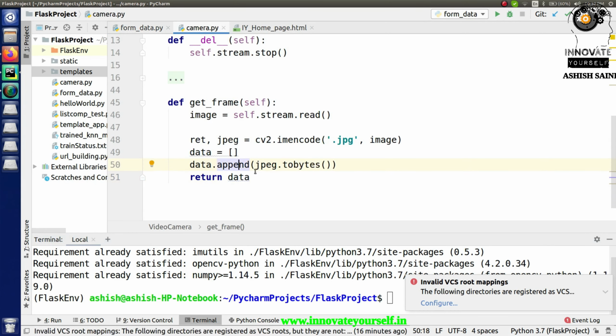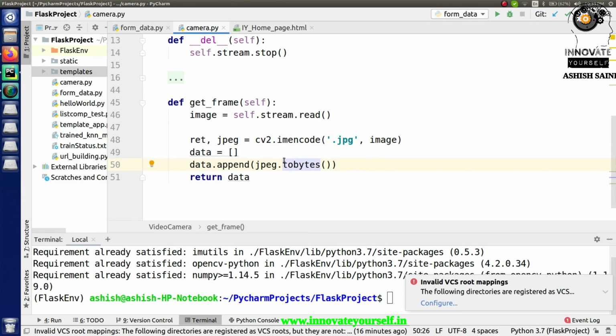So in here I'm just using this, and I'm further sending this data in the form of return. I'm just returning that part. So basically cv2.imencode is used to just encode that image, and actually I'm going to use this part to read the images, right? So this is how I'm going to read it. Every time I call this part, it will automatically collect that image, encode it, and finally return it after converting it into the byte format, because we cannot directly send the image in whatever way we have it with us.